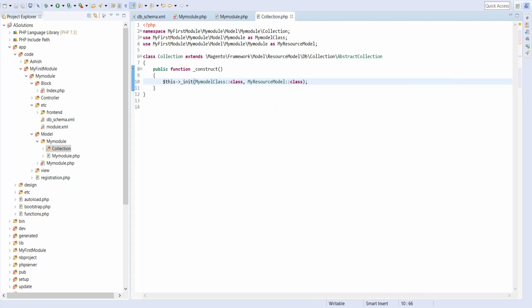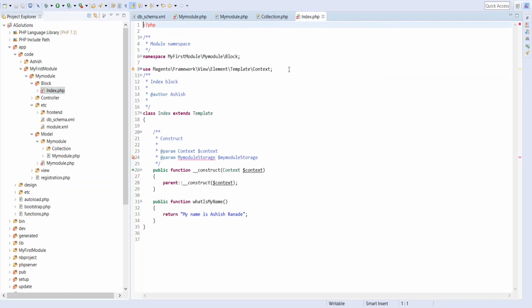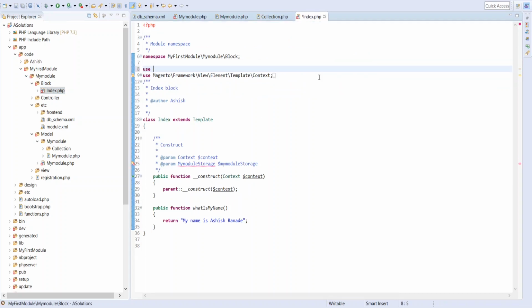Now let's call our model class in the block file to pass some data from the database to our layout file. Let me call our collection class.